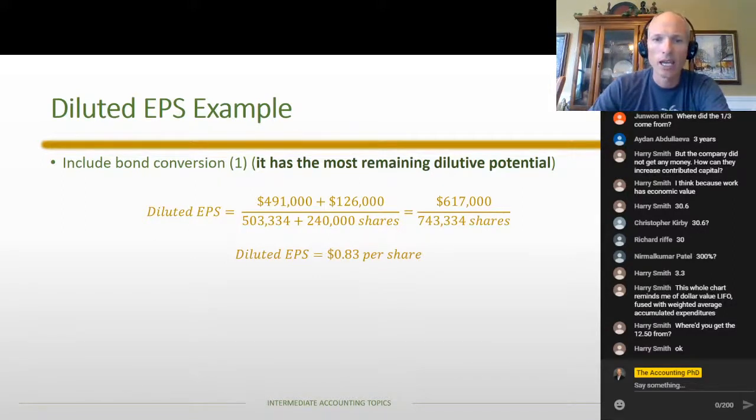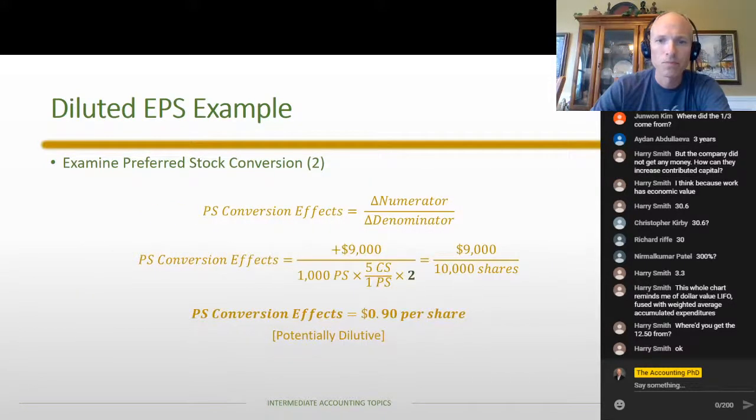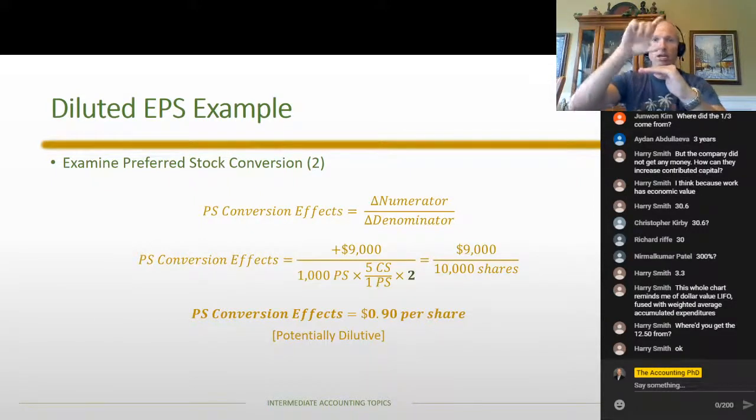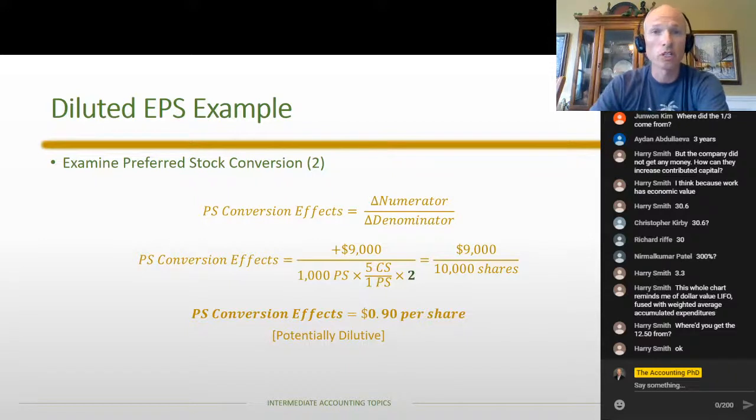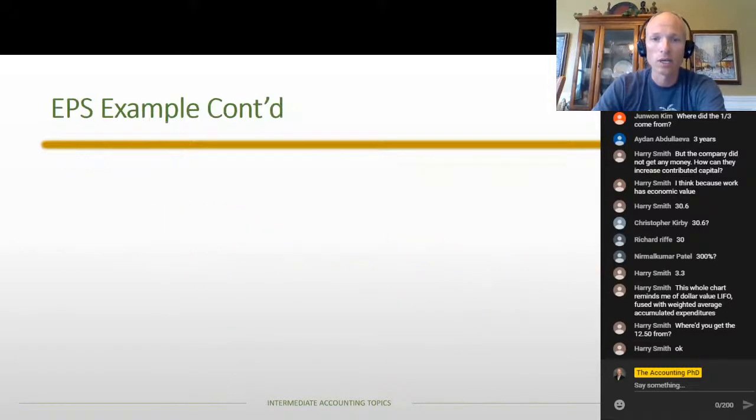Let's talk about that 83 cents and compare it to our second preferred stock conversion. Notice that the second preferred stock conversion has an effect of 90 cents per share. So we're at 83 cents per share, and this effect is at 90 cents per share, which means their combination is going to be somewhere in between. Well, somewhere in between means greater than 83 cents. And our diluted earnings per share is supposed to be the lowest diluted earnings per share possible. Do not include anything that would be anti-dilutive. At this point, this preferred stock conversion would be anti-dilutive. And so when we go back,